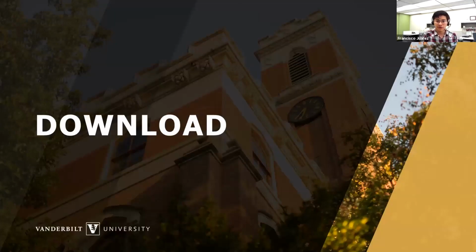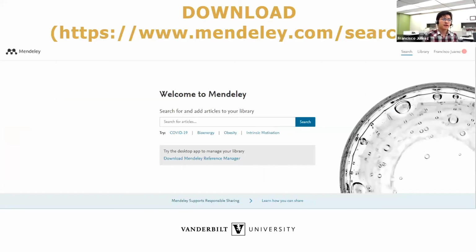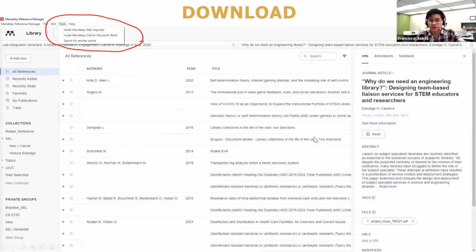So now we're going to be discussing where you can actually download the citation manager. In general, you can always Google Mendeley download citation manager, and there's going to be the option right here, download Mendeley Reference Manager. It's available for Mac, PC, and Linux, so pretty much all three big ones when it comes to PCs. And it makes it really easy to download the rest of the applications, like the web importer as well as the Word one, because all you need to do is scroll up here to the tools. Then you can just click on these and it's going to hyperlink you. It's pretty much just a hyperlink, and it takes you to the location where you can download